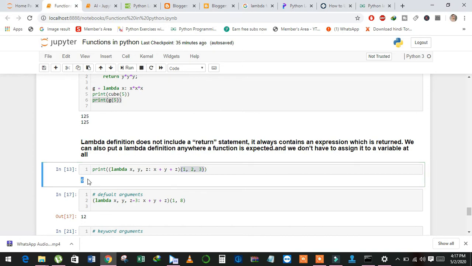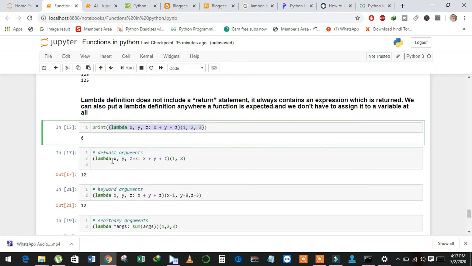See here, it returned 6, and here we don't need to save the value in different variable, and for this purpose we just write the whole lambda function in round brackets, and also we have given the values of arguments in round brackets,